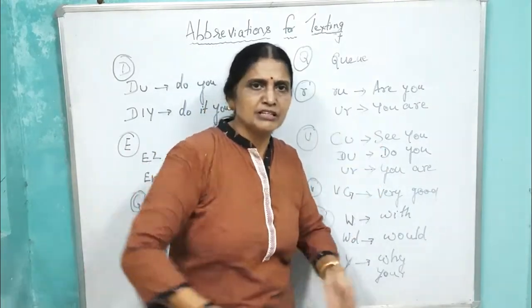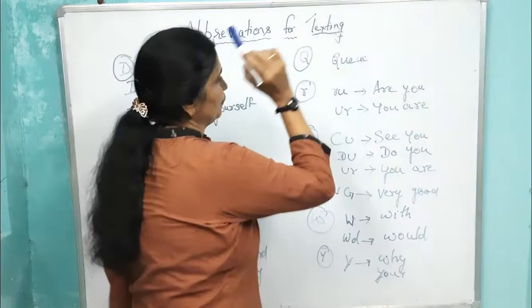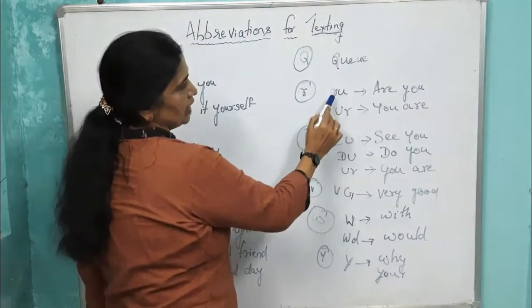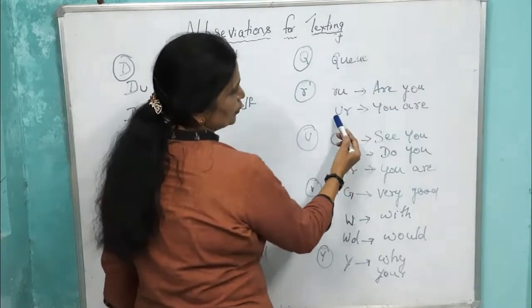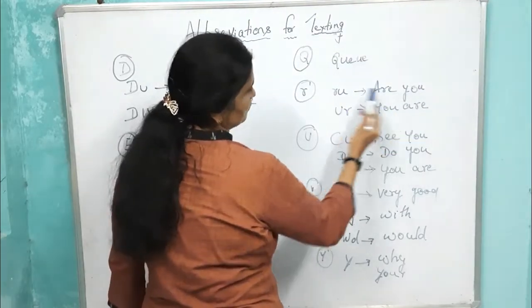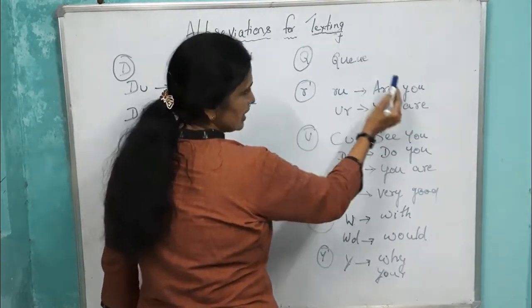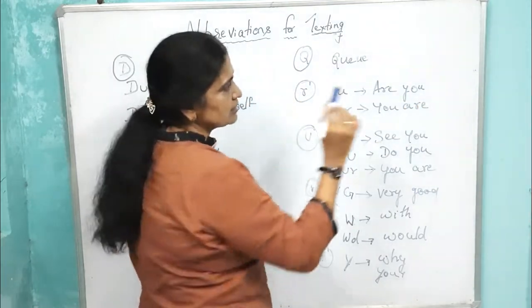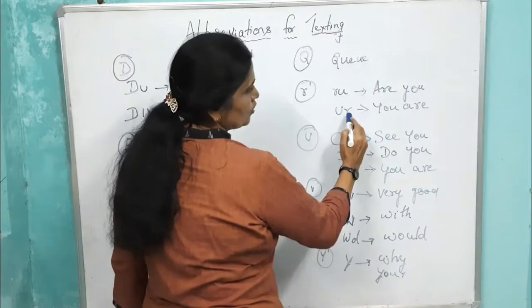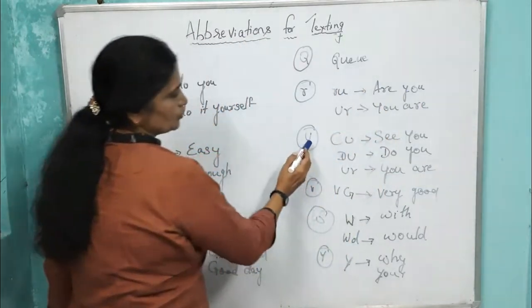You know, people standing in a line is called Q. Okay, with the R, RU. So, this letter R, U. R. So, this U stands for YOU. If you write simply U, it means YOU. R is are. You are. Now, with the letter